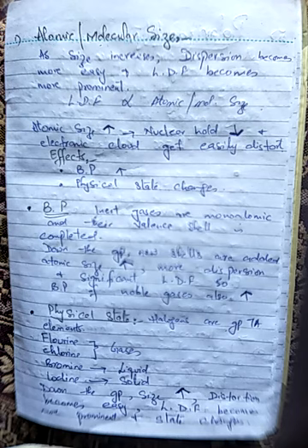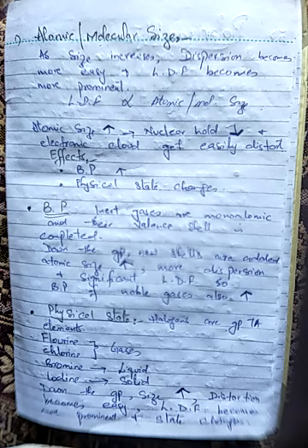Last time we discussed London dispersion forces and its example regarding the helium atom. Now the next topic is factors that affect London dispersion forces. There are three main factors: atomic size, which is also molecular size, then polarizability, and the number of atoms in a molecule. We will discuss them one by one.